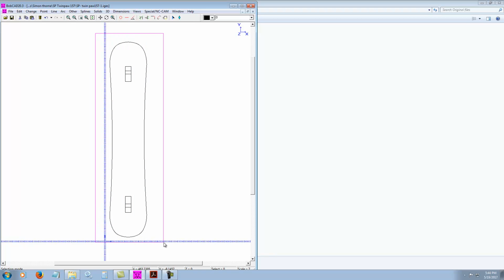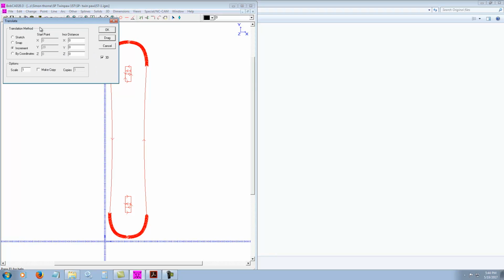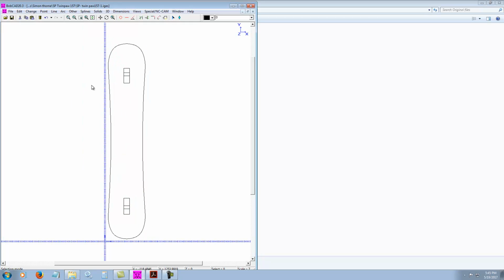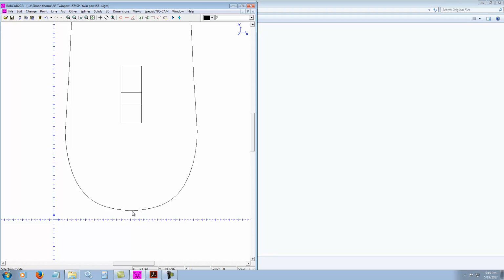So I'm going to hit the Z key to zoom out, and then I'm going to just drag and select the whole file, and then go Change, Translate. Now this time we still want 1 in there. I'm going to move it on the x-axis -12 to get us roughly 20 from the x-axis line here, and then we want to go -14 to get it roughly in position. So now if we zoom in again here on the tail, we're approximately 20 millimeters from there, and if we look here,